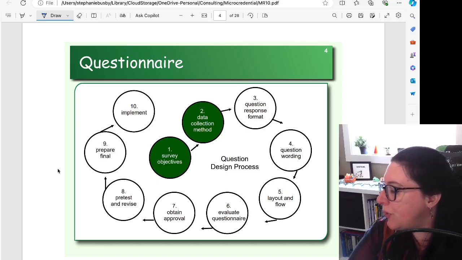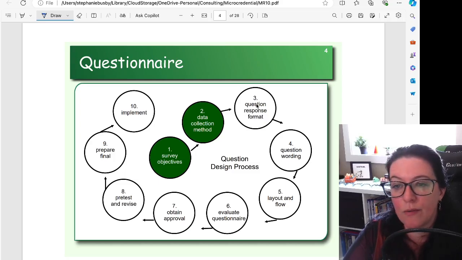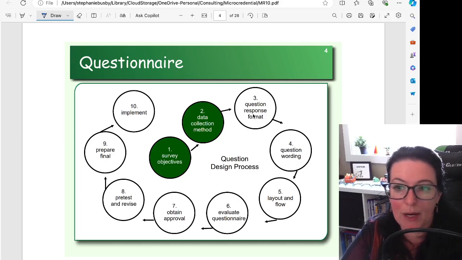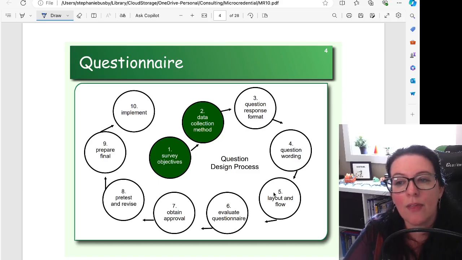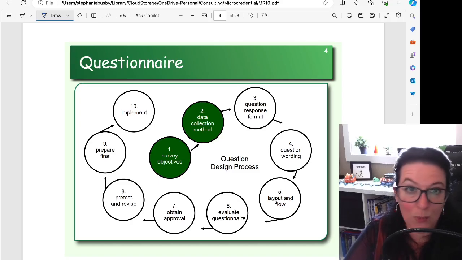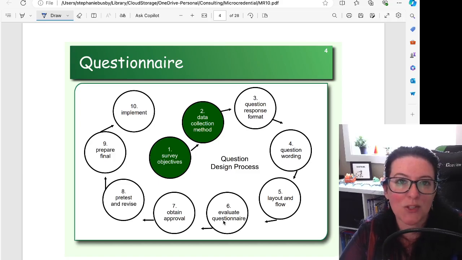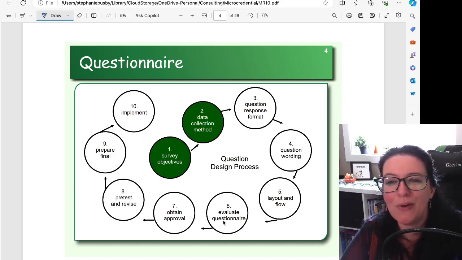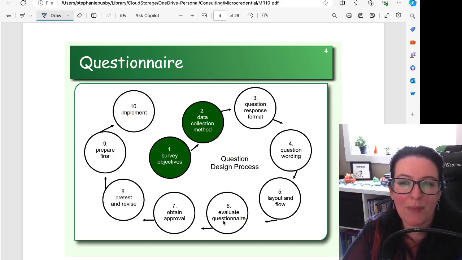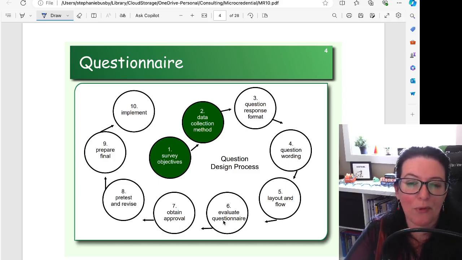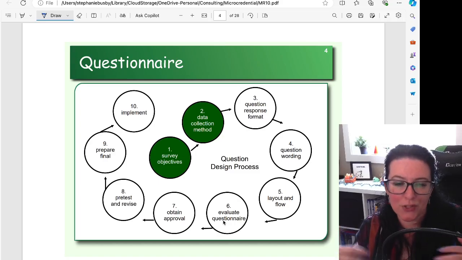Then we need to come up with the question response format. Is it going to be multiple choice? Is it going to be open-ended? We need to make sure we have appropriate wording, that our questions are in a layout and flow that makes sense, and we'll talk about how you organize a survey. We would then test out that survey on a couple people we know, maybe a couple people from that relevant population we want to sample from, just to see if they are able to answer it and interpret it the